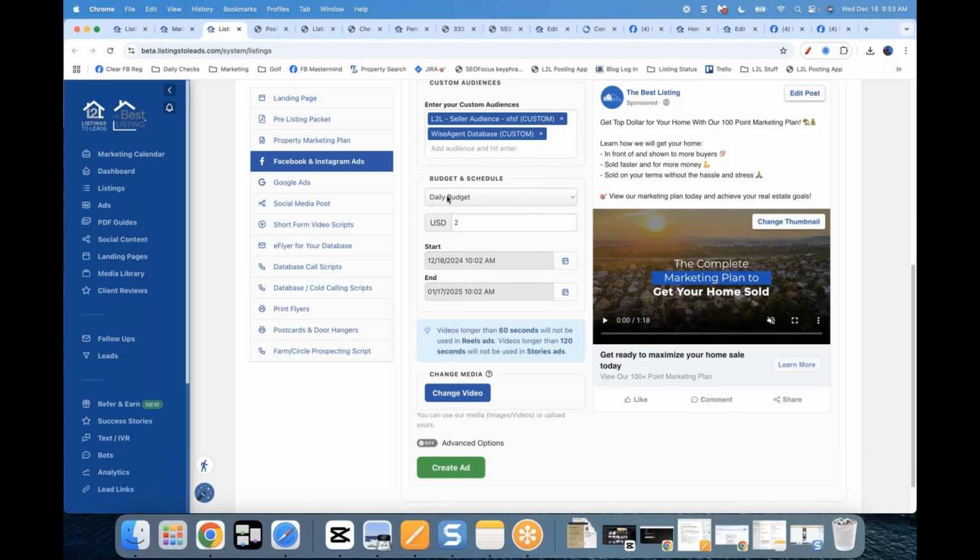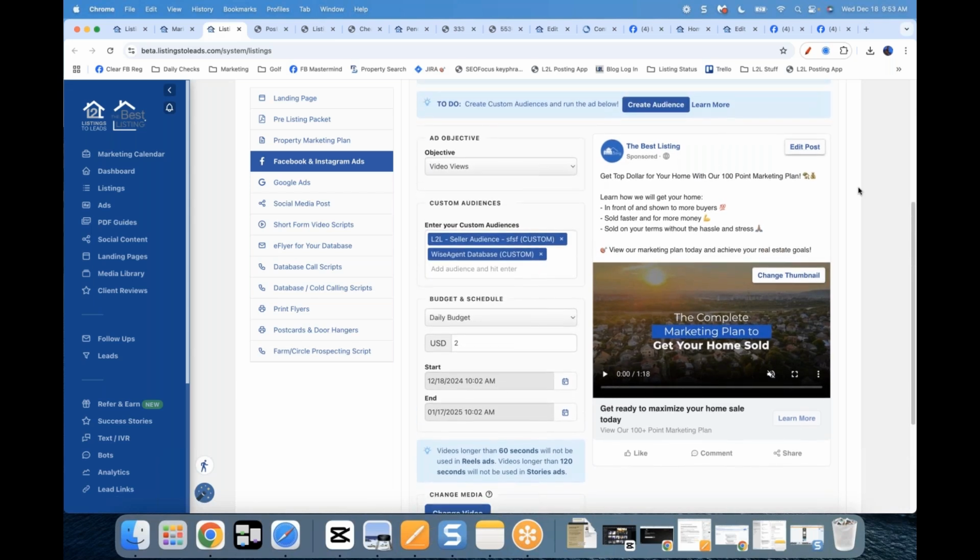And notice again, normally we do a lifetime budget, but here we're doing a daily budget because what do we want? I want whatever it is that I'm using for my farm and circle prospecting for that month. Now I could run the ad as a normal lead ad, $35 for a week, but I want this to percolate along for the entire month so that as people see my other ads, so I'm still going to run my pending listing ad or my just listed ad, right? I might run a cash offer ad, but I want something to percolate along the entire month